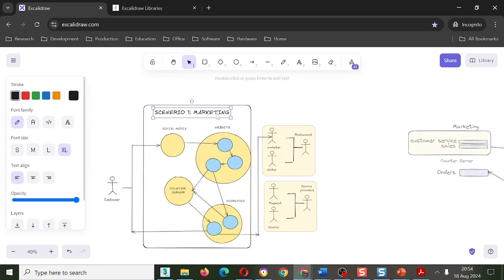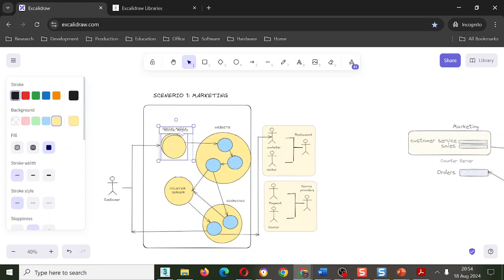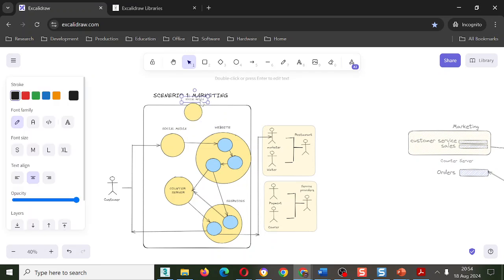Yeah, like this. So what I'd like is to have this one make it a bit smaller. But this one is purely, we're calling it customer service, like this. Yeah, medium size.